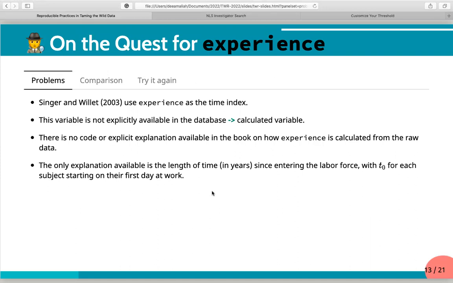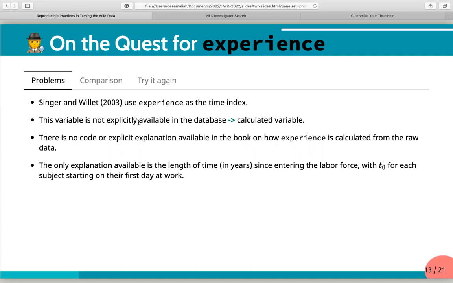As I mentioned before, not all the variables in the textbook are explicitly available in the database, so we have to recreate them. One of them is experience. Singer and Willett use experience as the time index, so we can say it is one of the most important variables in the data set, because it forms the longitudinal structure of the data. However, this variable is not explicitly available in the database.